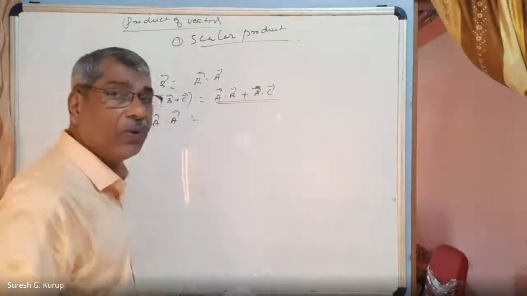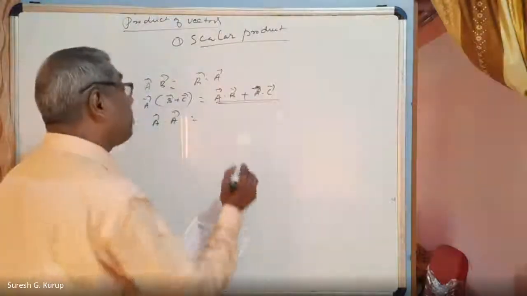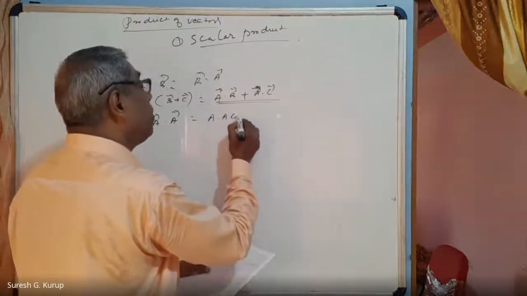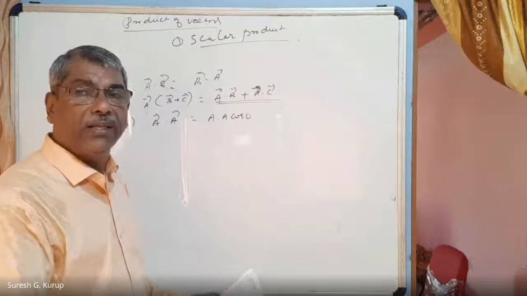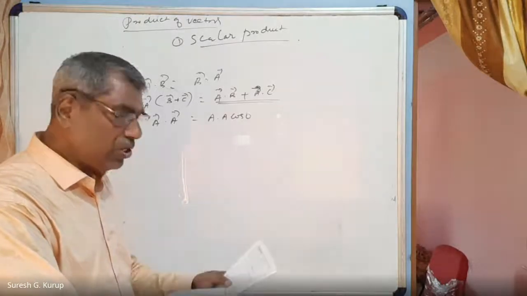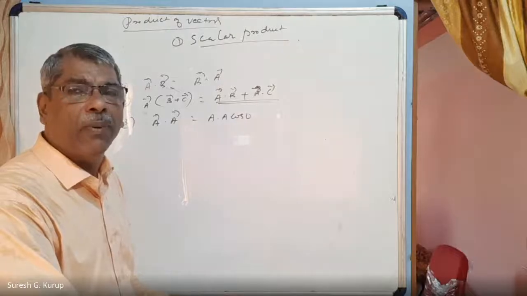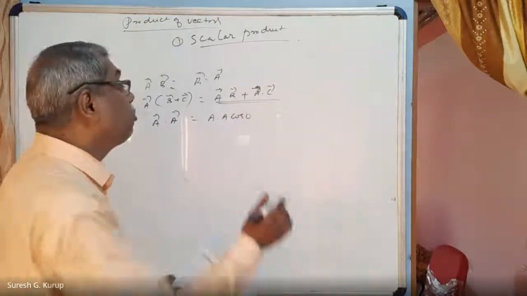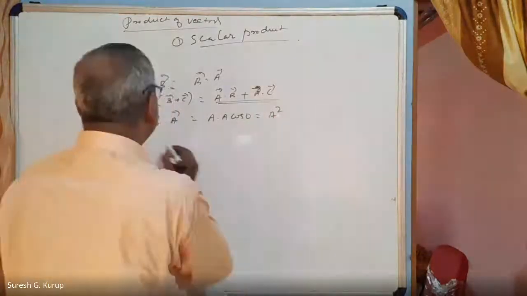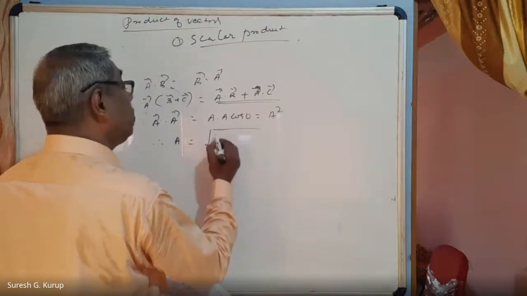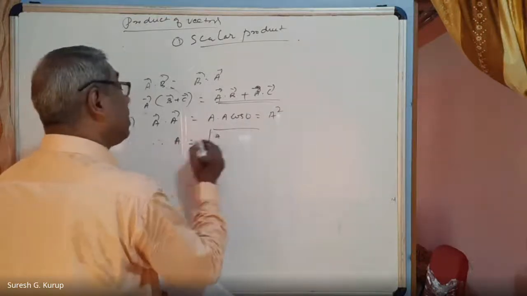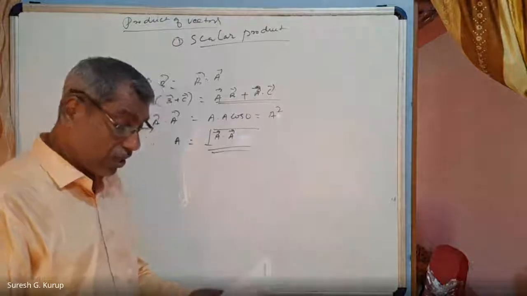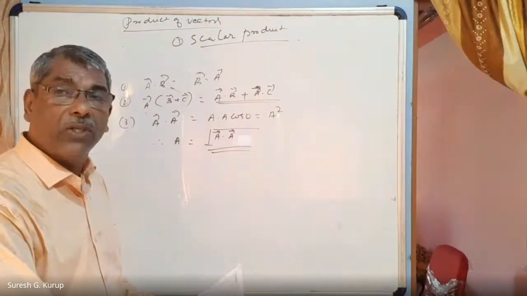Again, for the same vector, same magnitude: vector A dot vector A is equal to A into A into cos 0. Because in the same vectors, A and A make an angle 0 with each other. Vector A and vector A are parallel to each other. Therefore, theta is equal to 0, and cos 0 is equal to 1. Therefore, this is equal to A squared. Therefore, the magnitude of vector A is equal to the root of vector A dot vector A. Then the scalar product of two vectors